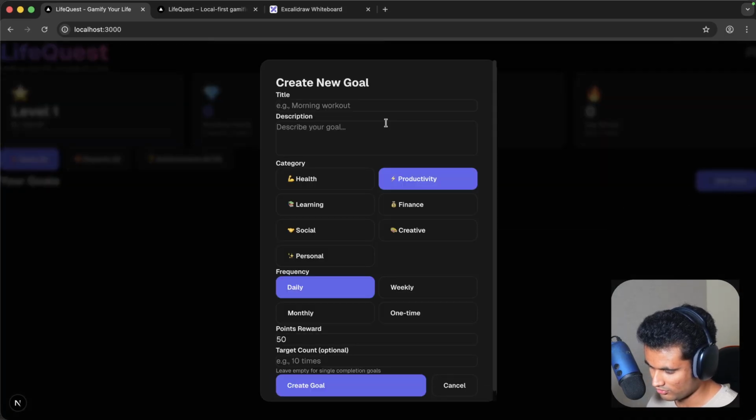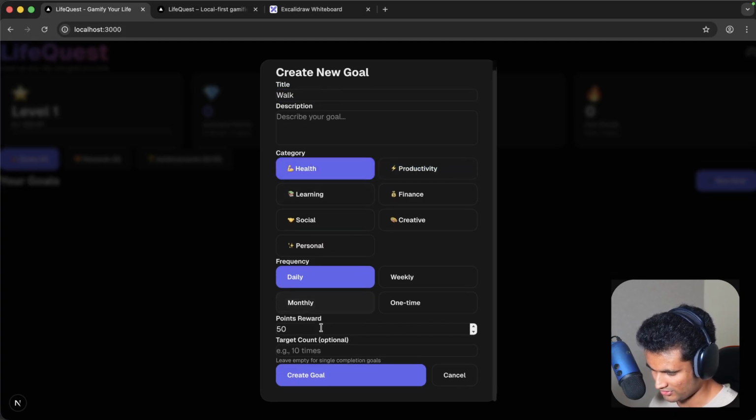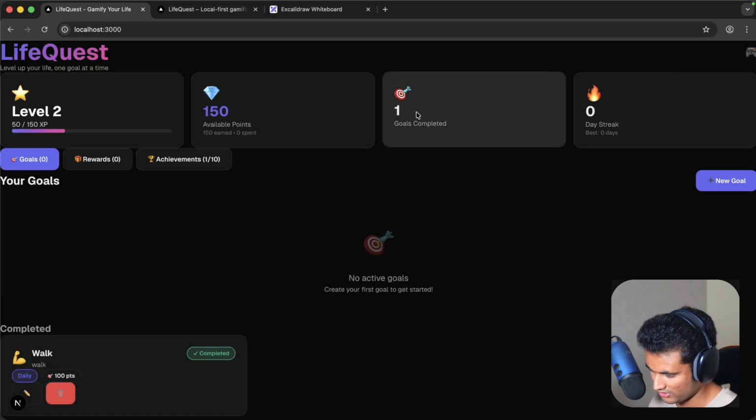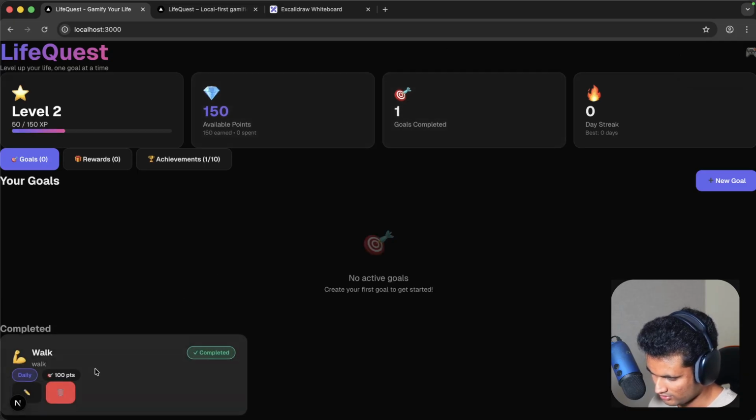If I click on new goal, the modal opens. So you can just say walk, I guess. Health, frequency should be daily. I should get 100 points, and target count should be just single completion goal. I'll just create, okay, I need to give a description. Just say walk and create a goal. And if I just do complete, I'm gonna have goal completed 1, and it's gonna go here into the completed section,